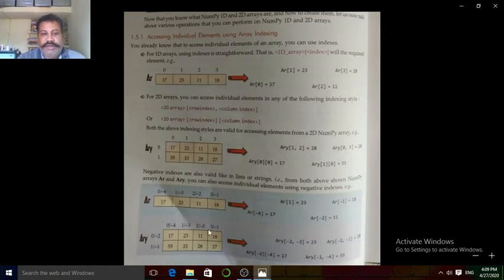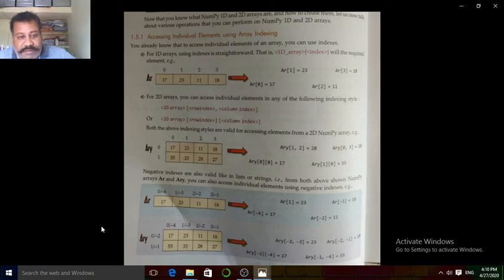Now in an array there are two ways to provide the indexing. The first one is forward indexing and the second one is backward indexing. We have already known about forward and backward indexing in a list. The same way in an array also. Forward indexing starts from 0 to n minus 1 and backward indexing starts from minus 1, minus 2, minus 3 and minus 4 from the right hand side of the array. Means the elements will be counted from the right hand side in the array.